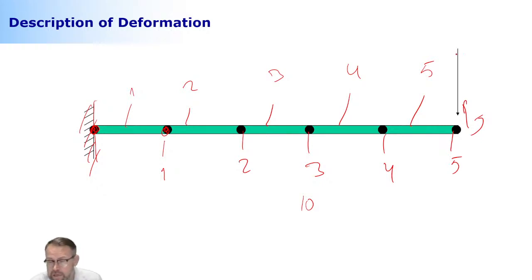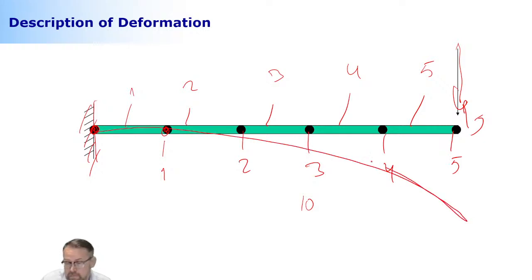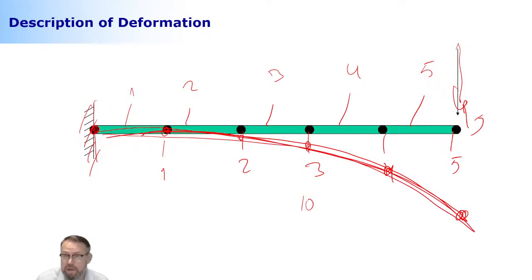Now if it is loaded, like there's a force at the free end of the cantilever structure, then it's quite obvious that the first deformation would be something like this. Which means that each of these nodes translate and rotate with respect to each other in a certain way. How much is this way? This is the structural behavior. How much is this way? This is something that in future I'm calling my unknowns, my nodal coordinates, that we recall as B.